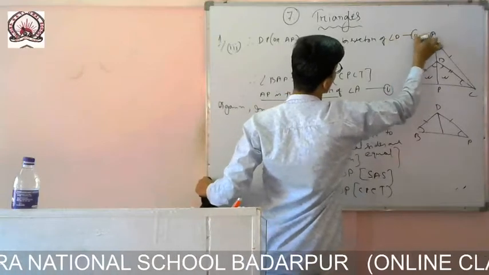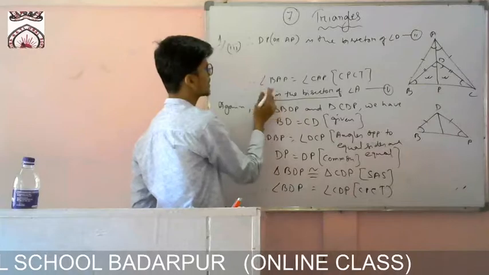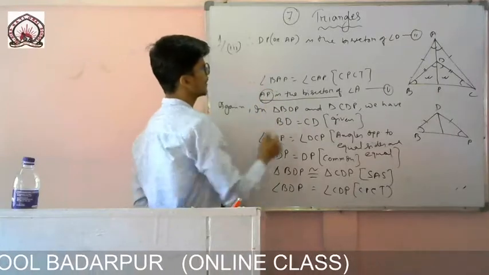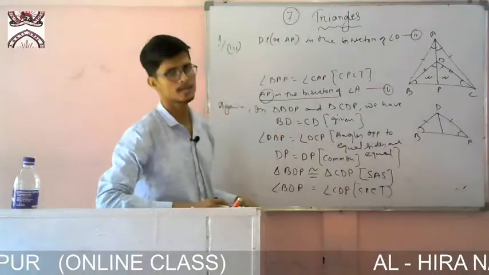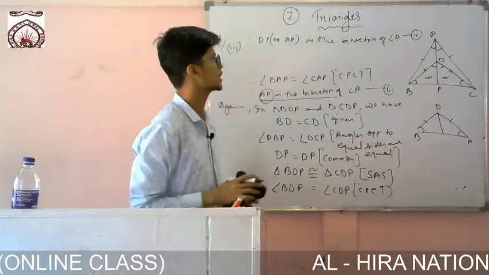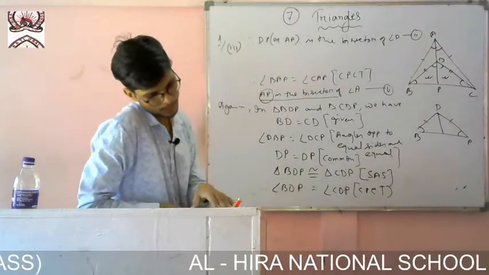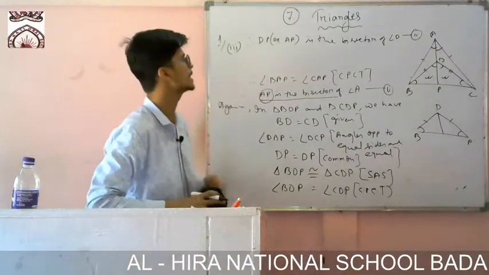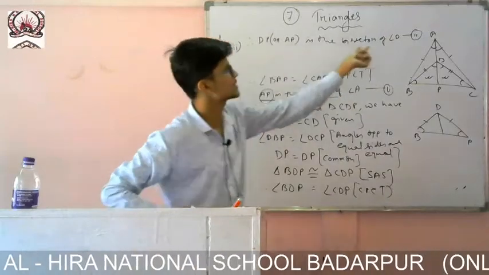This one you give Roman number 2. Why have I given this one AP? Because I can relate that this AP is also a bisector and this AP is also a bisector. So DP, or I can say AP also, is the bisector of angle A. So from 1 and 2 what can I say? The question is to show that AP bisects angle A as well as angle D. So I have shown that AP bisects angle A and AP bisects angle D.